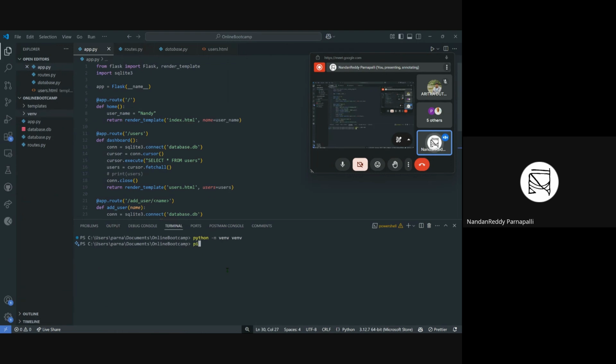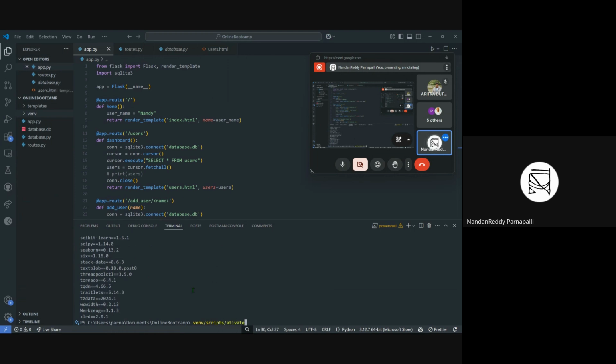Now what we will do is pip list, pip freeze, which is the same thing I did before. Now I haven't activated the virtual environment. When I did pip freeze, it listed everything, right? Now I will activate the virtual environment I created. So what I will do is venv slash scripts slash activate. Okay. So if I press enter,